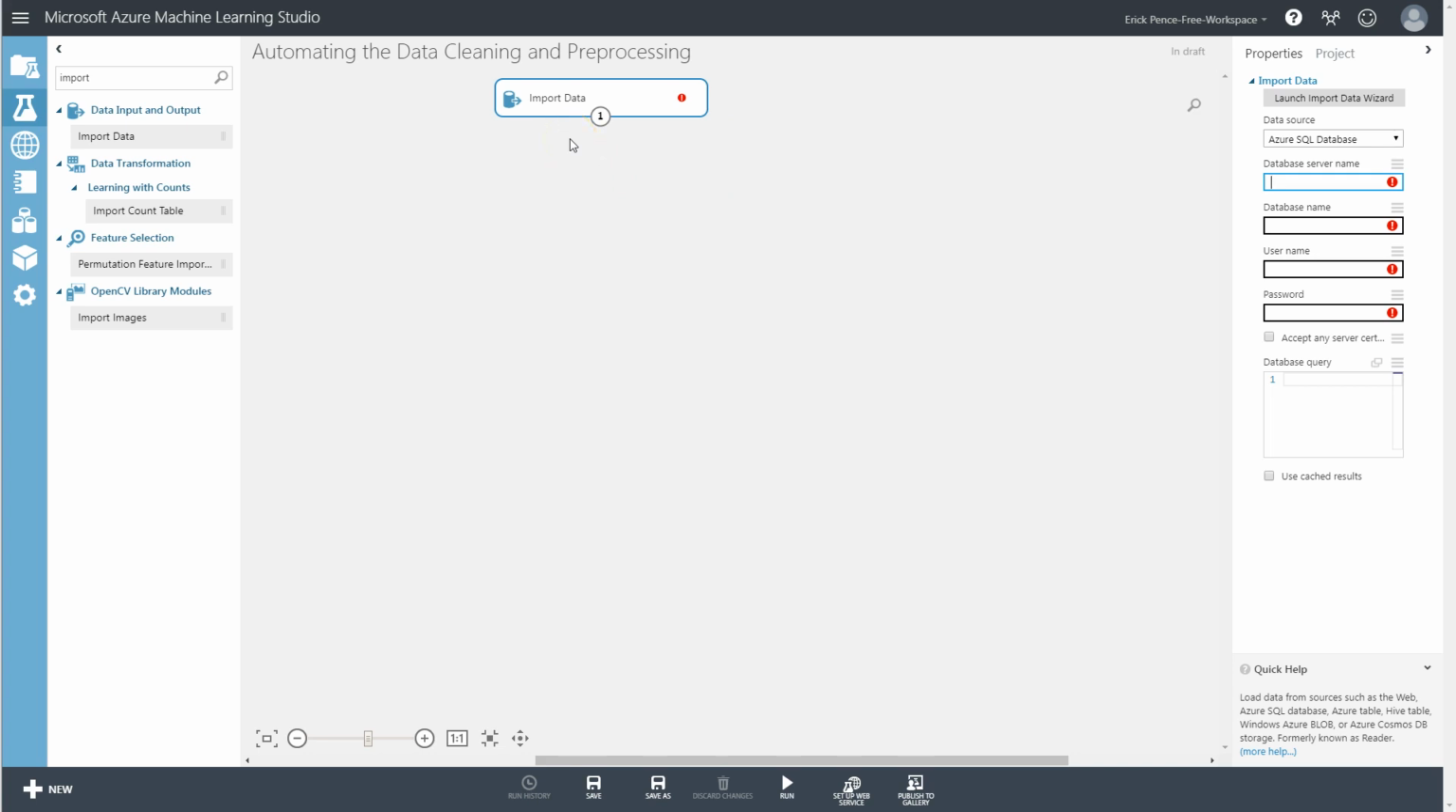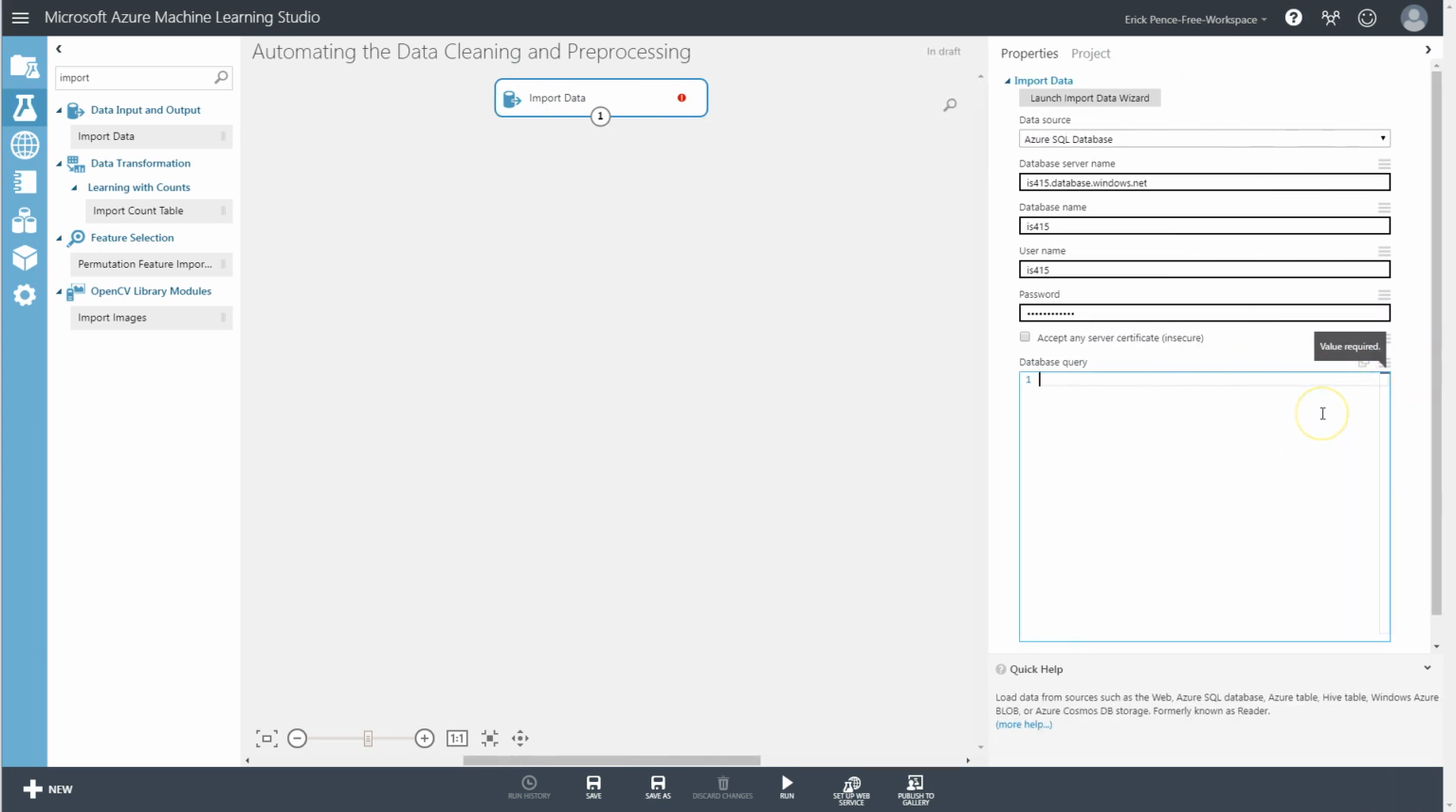So database server name, if you remember from class, let's see, this is is415.database.windows.net. is415 is the database name. I also made that the username, and then a password, which I've shared in other videos or in class that you're welcome to use. So our query here, I'm going to say select all from, the table is called LC_loans,